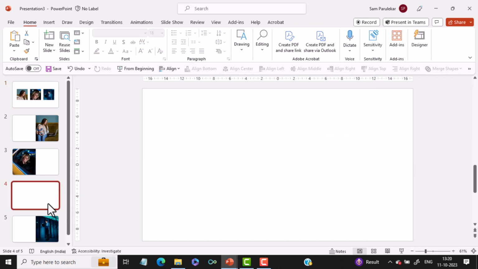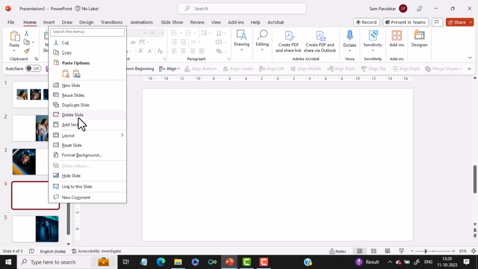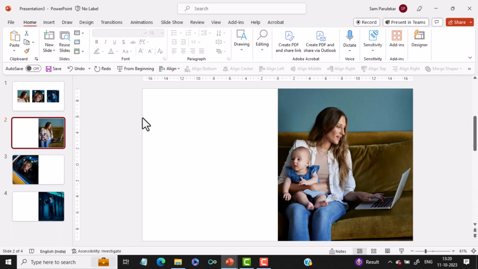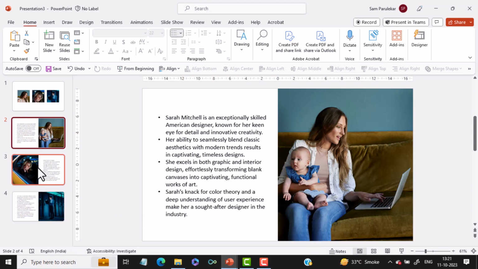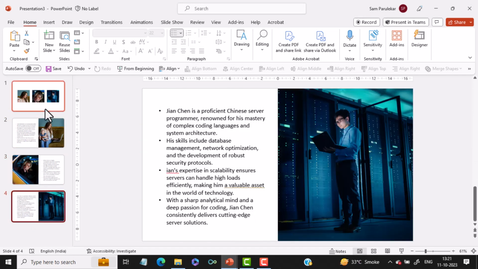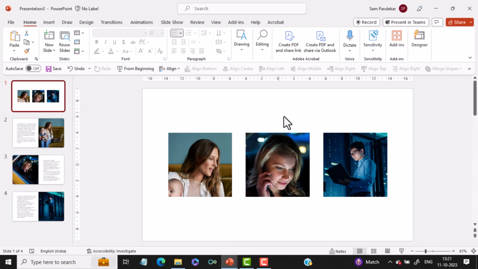Now come to the fourth slide. Right click on the slide and delete the slide. Now you can write some corresponding text over here. So let me quickly type some corresponding text over here. Once you have written the text for all the 3 slides, come back to your first slide and change the